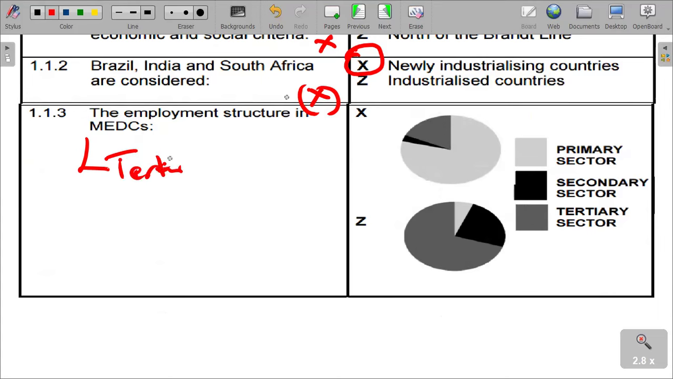The tertiary sector is dominant. It must be the biggest employer. Most of the people are employed in the tertiary sector, and it is followed by the secondary sector. What is the second largest economic sector? The second is secondary,